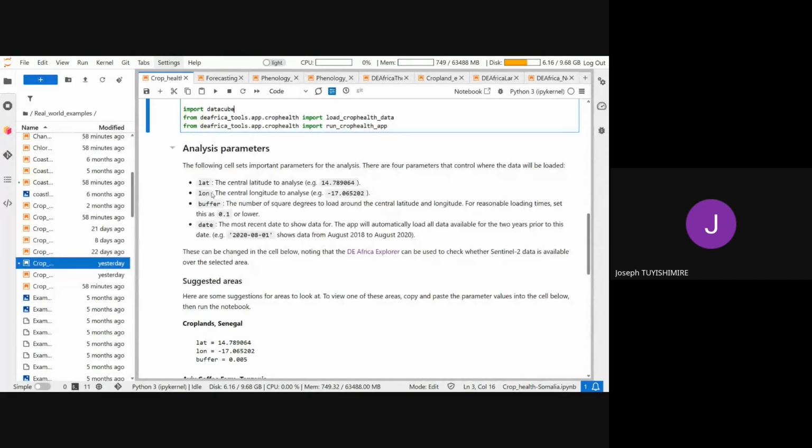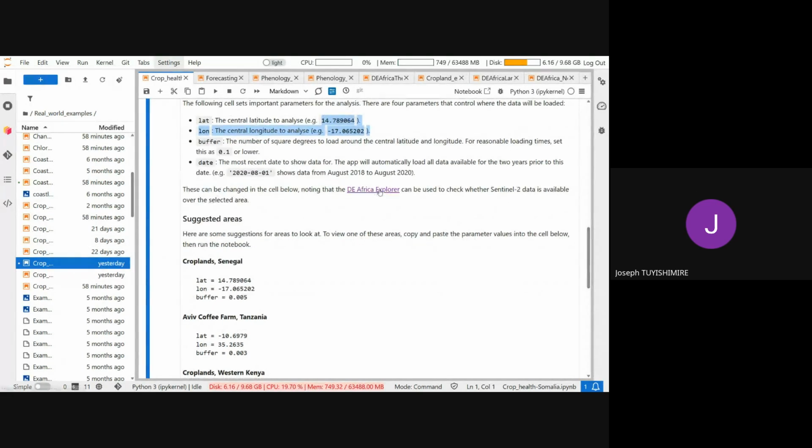The other part is to know the time scale for your analysis. That's where you could put your year here, but you should also always understand the spatial extents for your analysis. That's why you can use latitude, longitude, even the buffer.